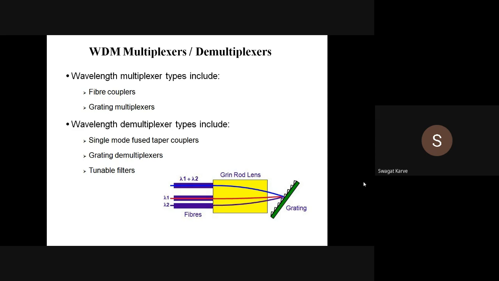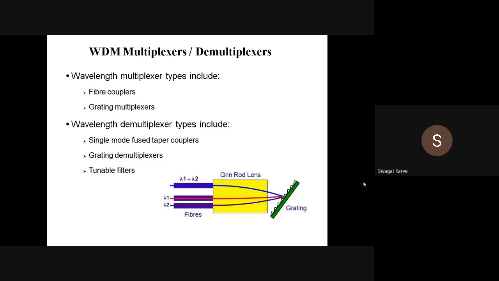So that is the role of the grating. In case of WDM, you can use fiber couplers or gratings as multiplexers. Now what about demultiplexers? What about wavelength demultiplexers? Similarly, you can go for some taper coupler, or you can use some grating demultiplexers